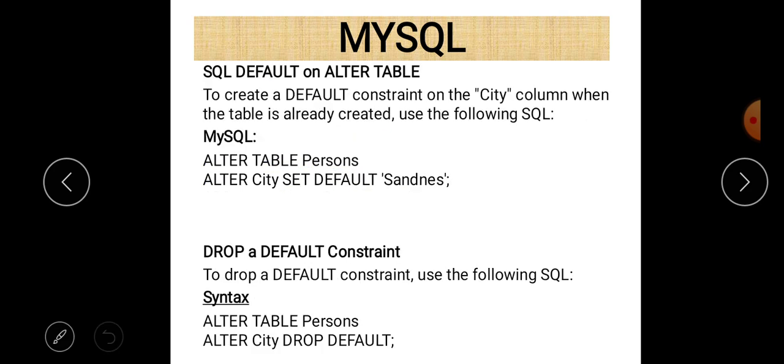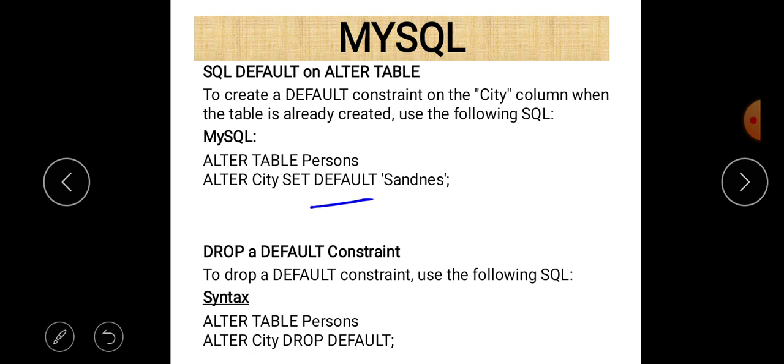And next is default. Basically, default is a default value we add for a purpose. For example, if you want to insert an address in an address column in a table customer, and you forget to enter the address in table customer, then we want that some default value must be there. For that purpose, the default constraint must be used. So here you can easily see that.